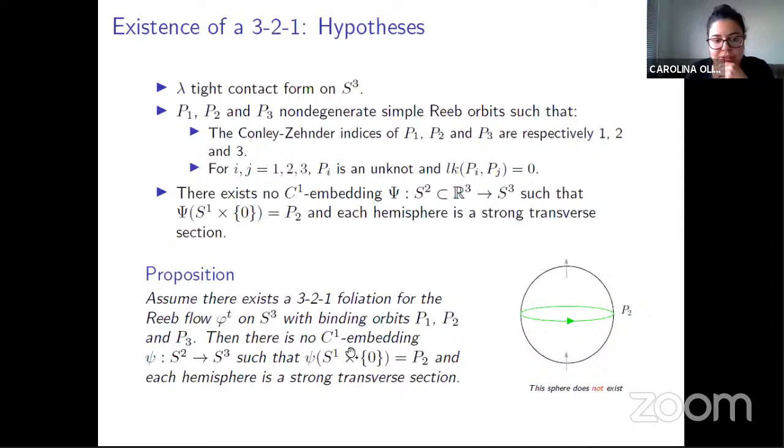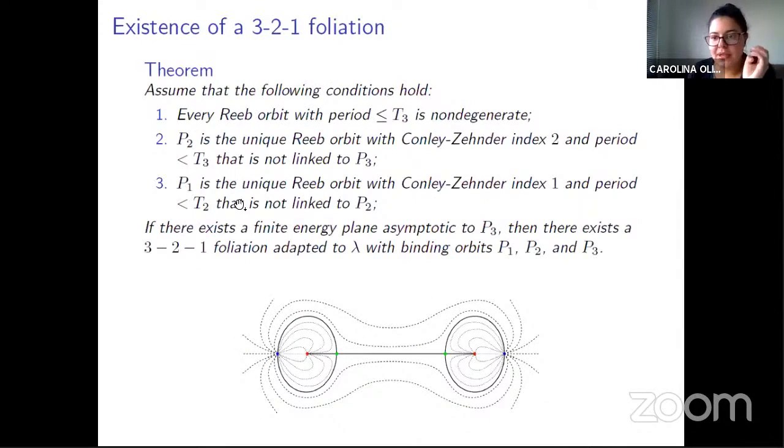Okay, so you'll consider this hypothesis from now on. And the first result about the existence of 3-to-1 foliation will be like this. I forgot to mention this was basically proved in my PhD thesis from last year. I haven't written it here. So if you assume that